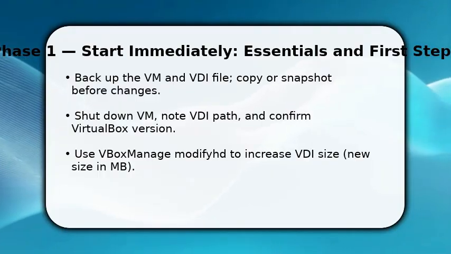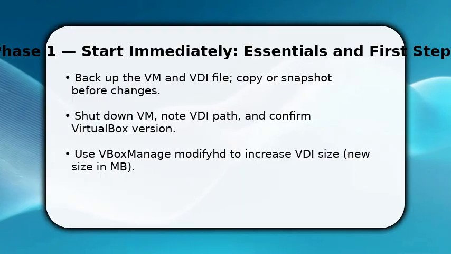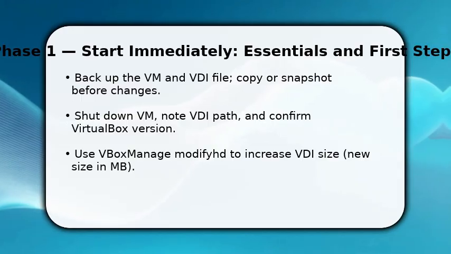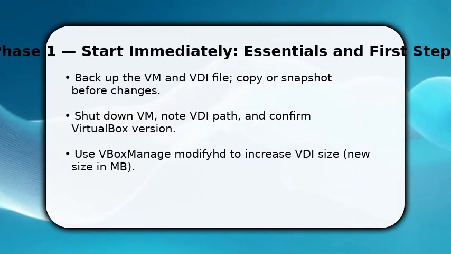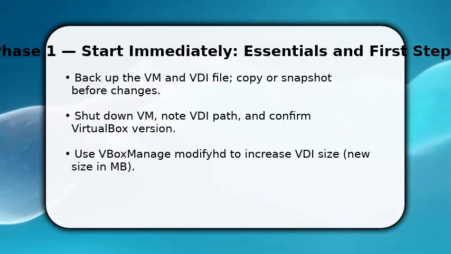You start by protecting your VM, power it off and back up the VDI or take a snapshot. Once done, locate the exact VDI path in the VM settings and confirm VirtualBox and VBoxManage are available on your system. Now run VBoxManage modifyhd path/to/disk.vdi --resize 51200 to expand to 50,000